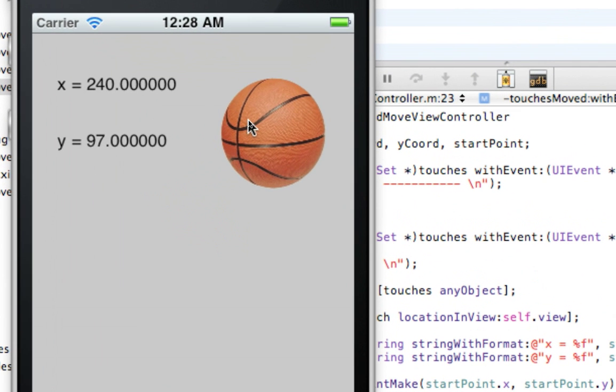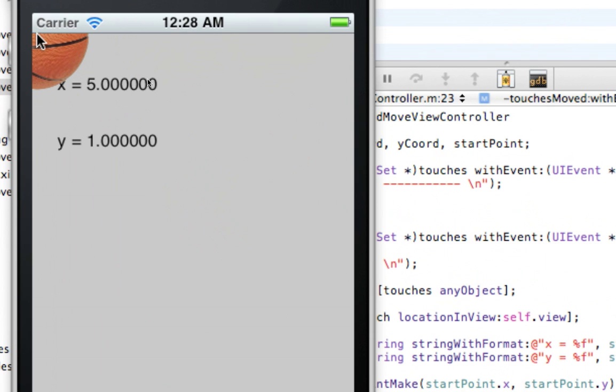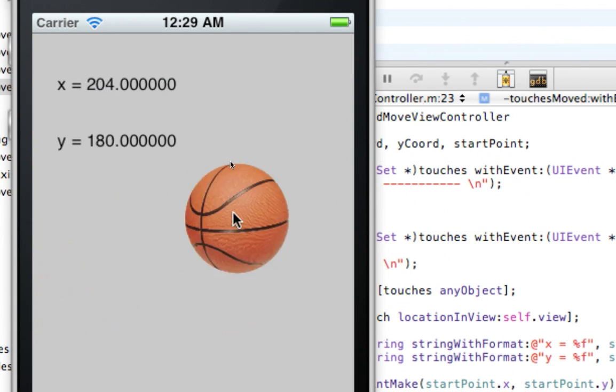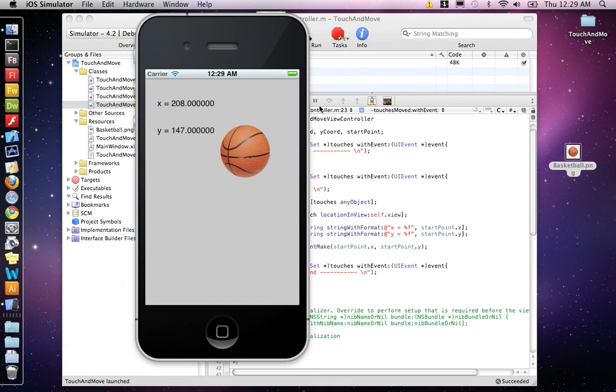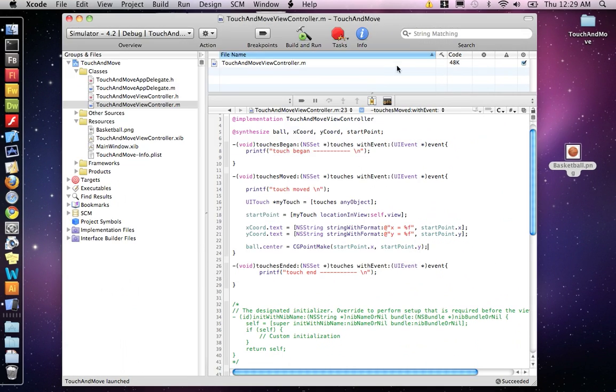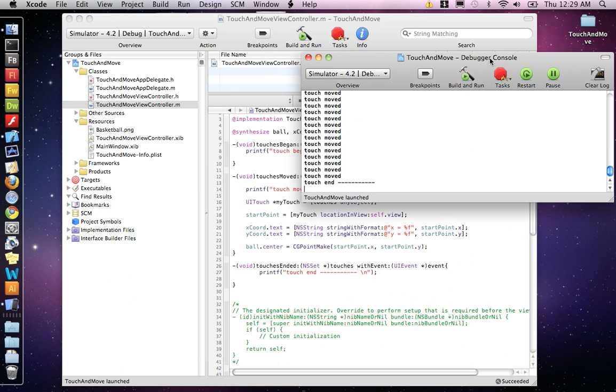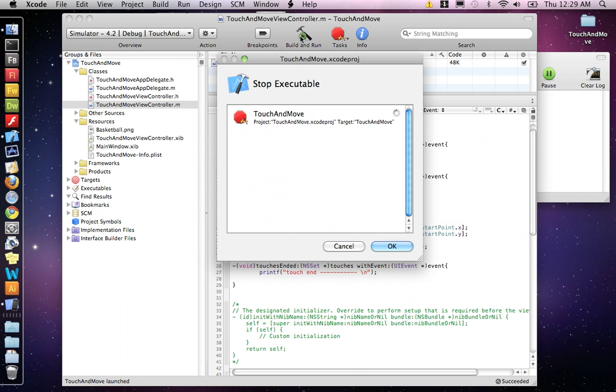So the way this works is when my ball is over here, the X and Y is 0. As I move to the left here, the X is going to increase. And if I move down, the Y is going to increase. And that's how the ball moves in 2D coordinate space. But I want you to see these touch events. So if I build and run again,